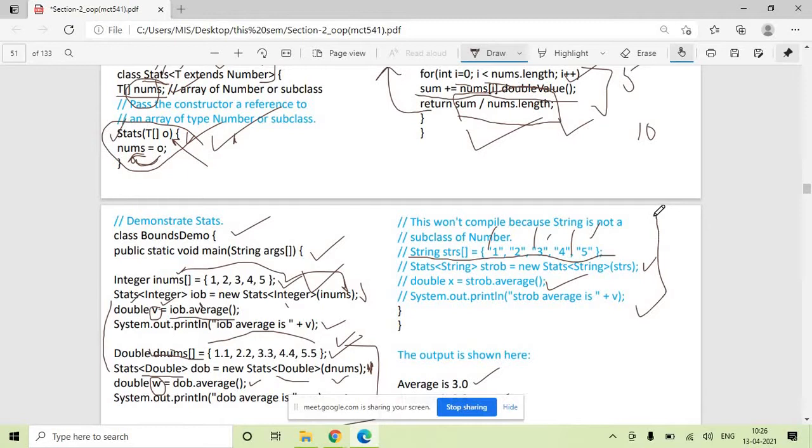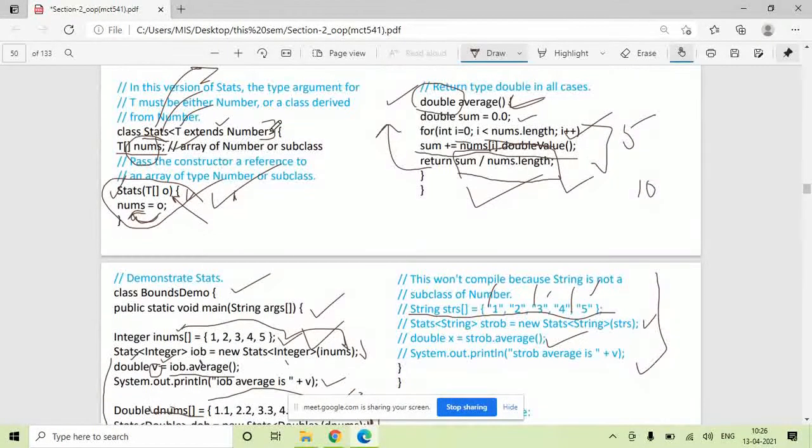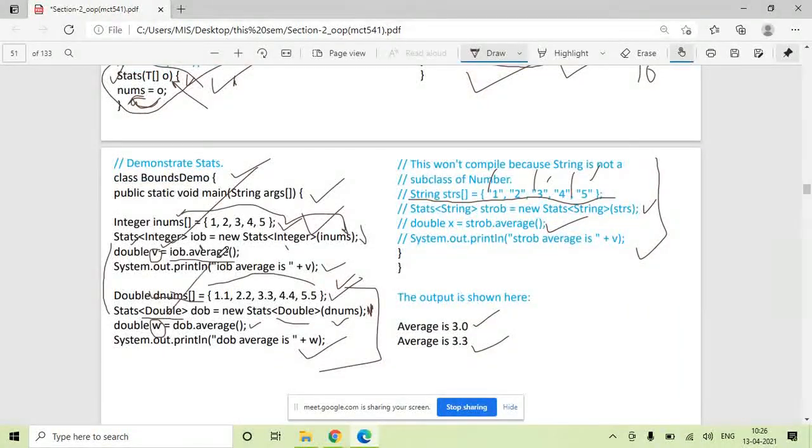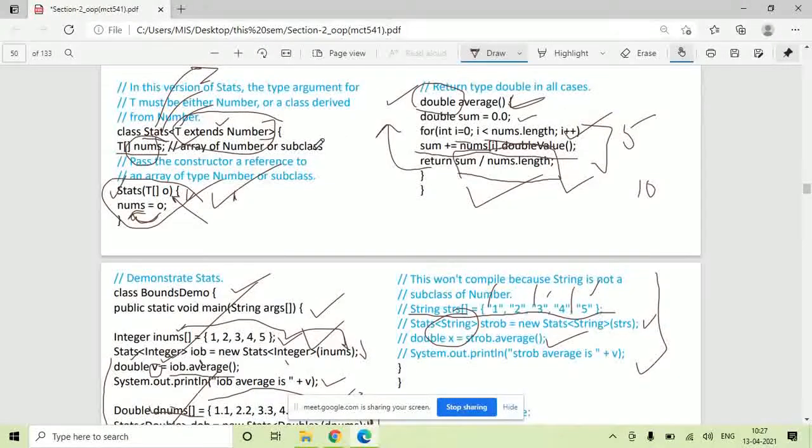Why won't it compile? Because here you have written T extends Number. It means T can take the Integer form, T can take the Double form. I mean, T can be anything of type Number, but T cannot take a String form. So when you enforce this kind of restriction in your generic program, we call it a bounded generic, and this is how the extends keyword helps us to have this bound.